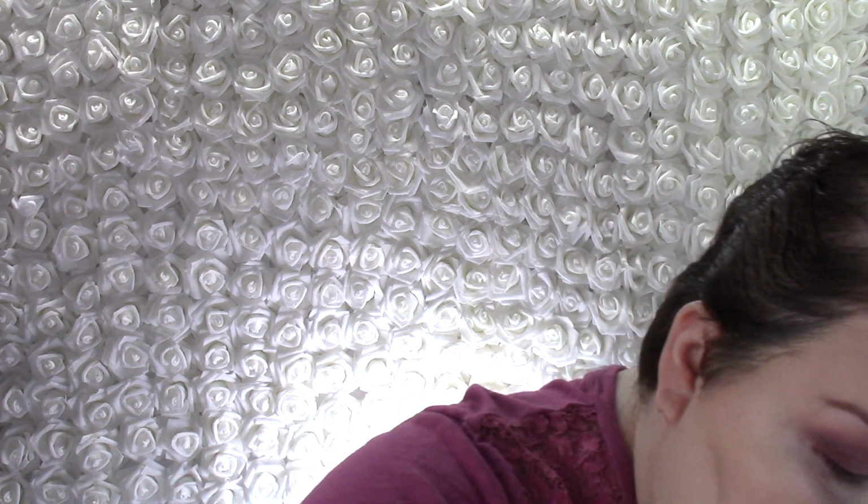That's just so pretty. There's a deeper shimmer. This is Guess Guy. I think I'm gonna add that on the corner. Yes, oh my word, that's so pretty. It's so pretty. And then for the lower lash line, I'm just gonna use the same mattes, starting with the